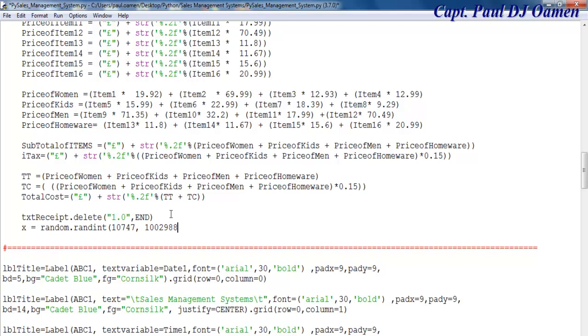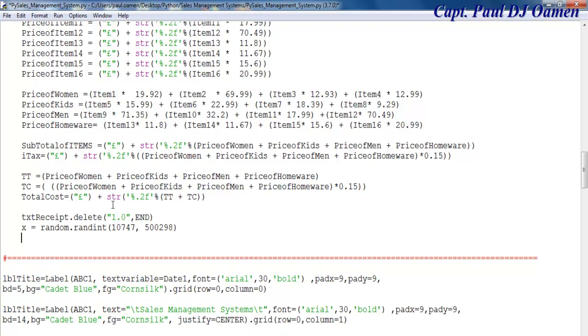Okay, that is my... no, let's come down here. Yeah, how about that? That's fine. Close that. Well, I can even make it 500,000. Okay, let's say random reference. So that's another variable there. Random ref